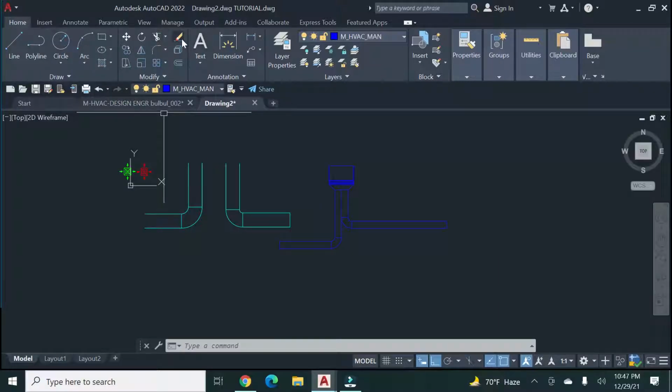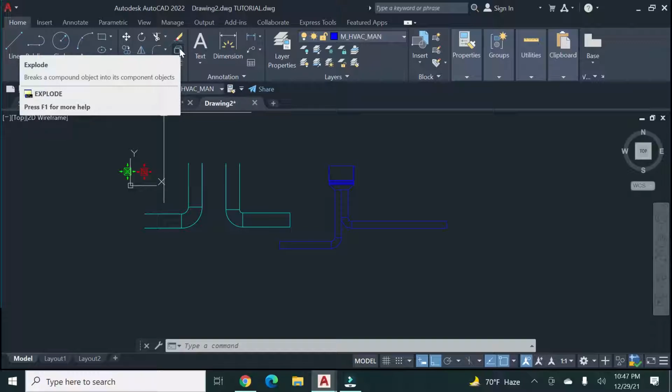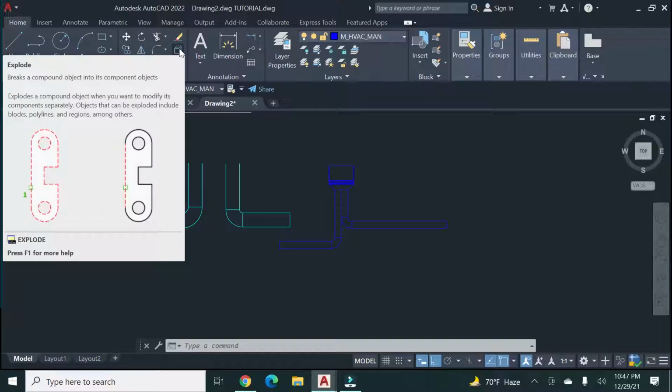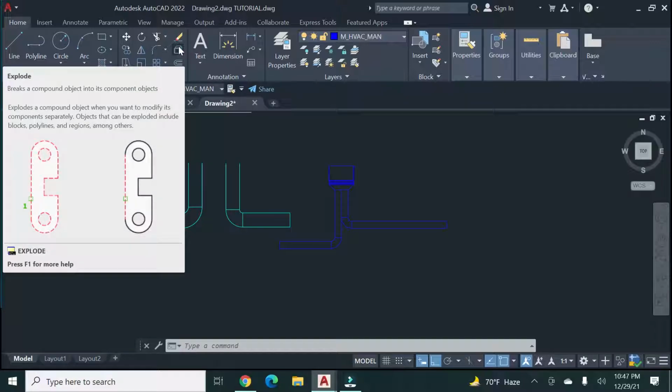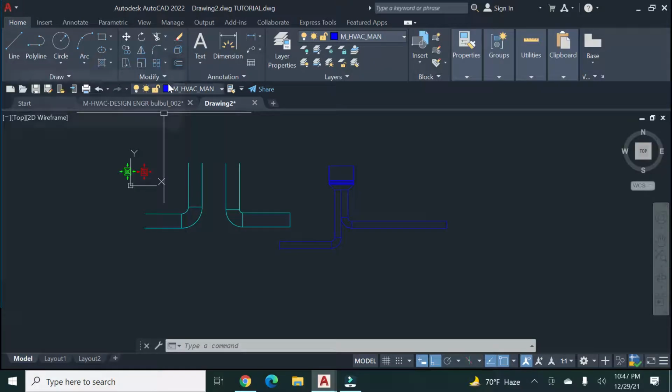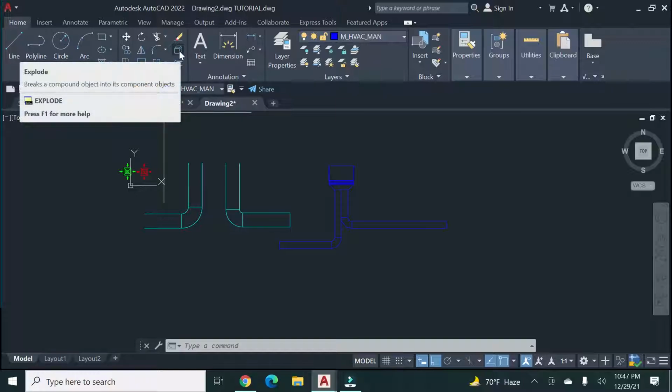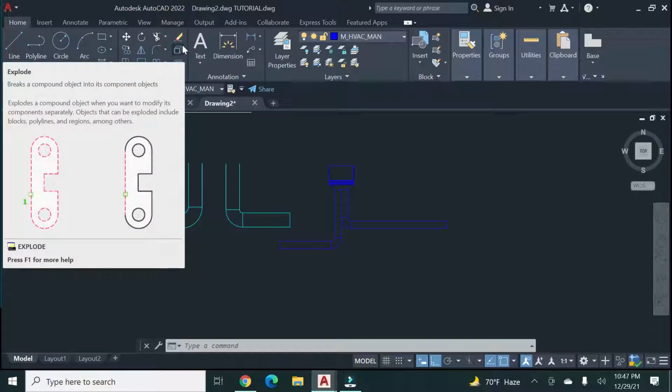Explode is for any isolated block or isolated draft that you want to separate individually into the parts of the block. So you need to explode first. It gives the notification here: break a compound object into component objects. That's an isolated block. If it remains a block, then you need to explode it. Then you are able to separate it from this block. Okay,